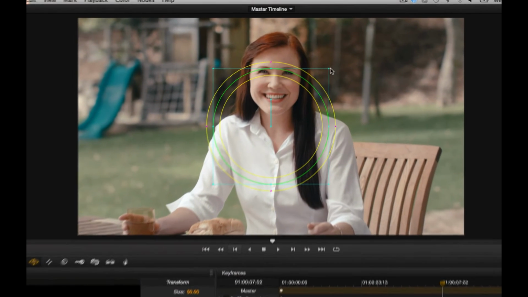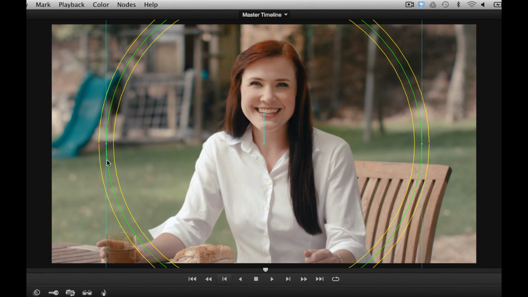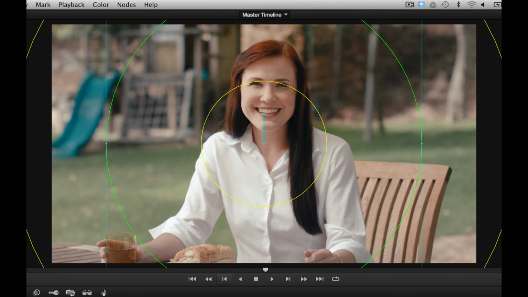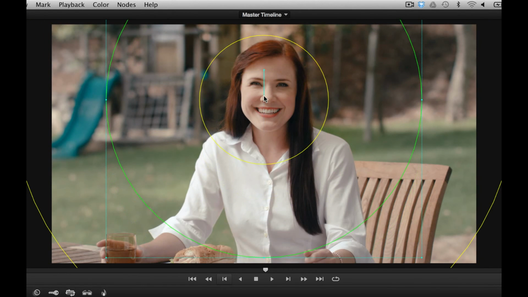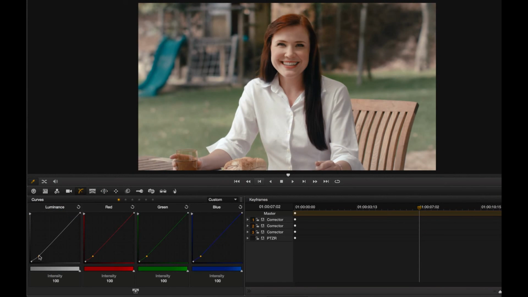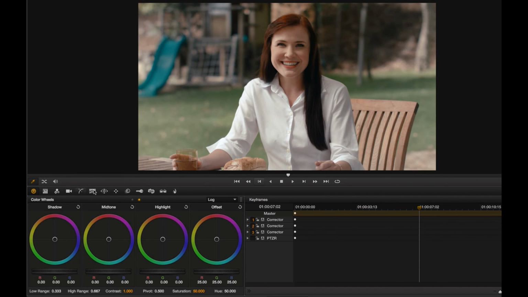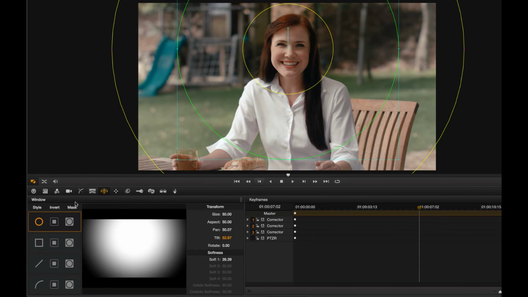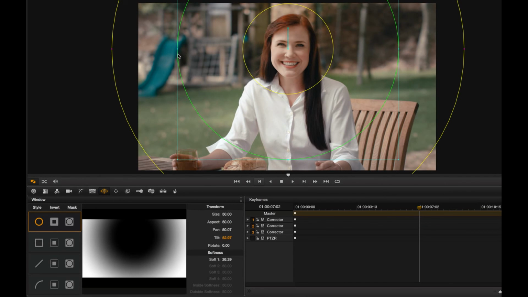a vignette around the edge. Just slight enough, just enough to give it. I'm going to really feather it out. I'm just going to bring it up to that central area there. I'm just going to drop that right down. One thing I forgot to do was to invert that node. So in our options here, I've got invert. I'm going to invert it out,